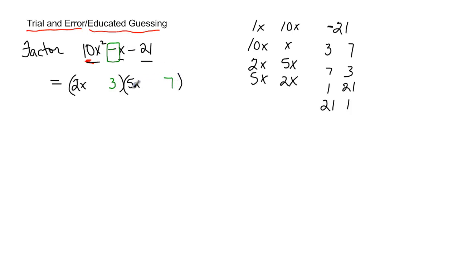I need to get a negative after I FOIL, and I know one of these is going to be positive, one's going to be negative. Let's say I go plus, minus. When I FOIL, this is going to give me minus 14x. Inside is going to give me plus 15x, which together is a positive x. That's not what I want. In my question, I know I need it to be negative. So I know that those 2 signs that I put in here, this plus and this minus, need to be the other way around. Now if I check,